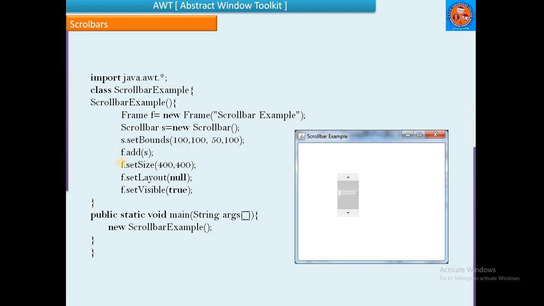To that frame we need to add the scroll bar: f.add(s), then define the size of the frame, define the layout, and set visible true. If this statement is missing, the frame is not visible. This is about scroll bar. Scroll bars allow us to move the text front and back, that means top to bottom.